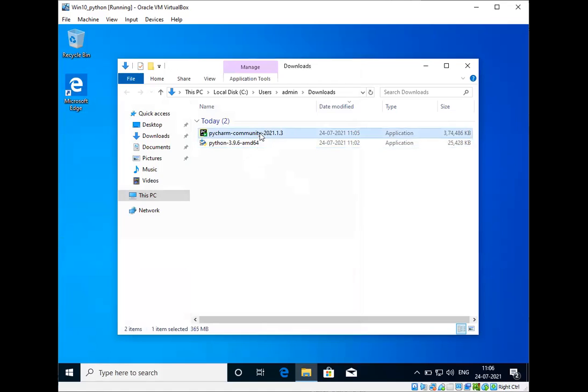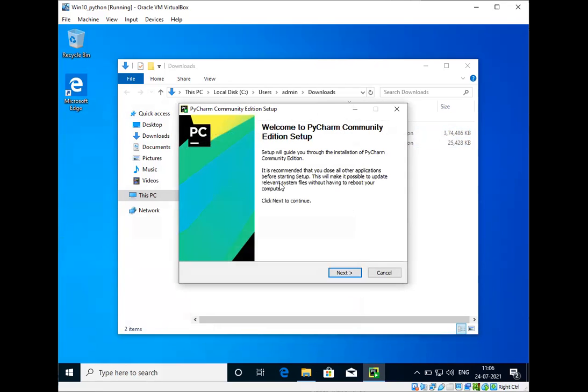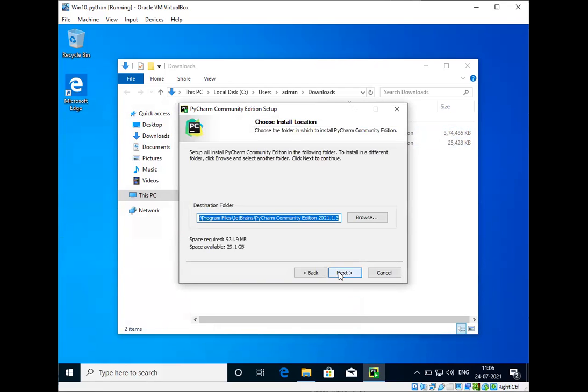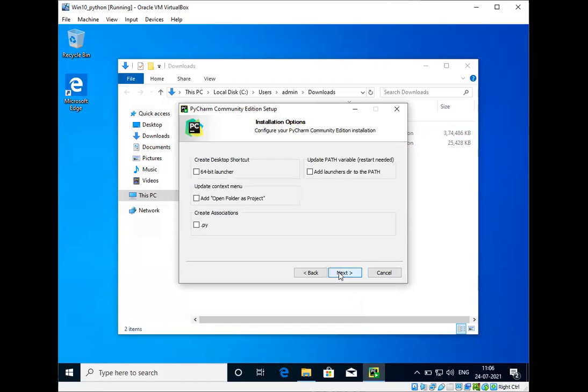So let me install this PyCharm Community Edition. Let's go with the defaults, and you don't need to associate anything, but you can keep this one.